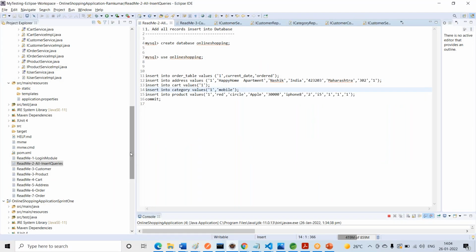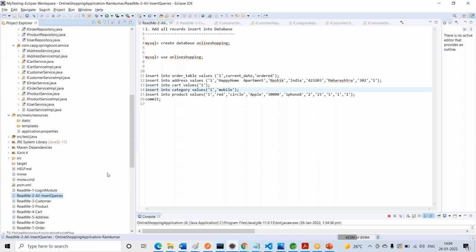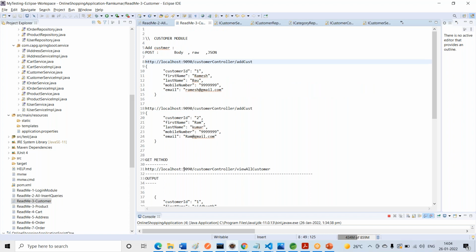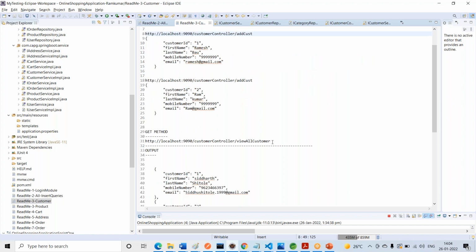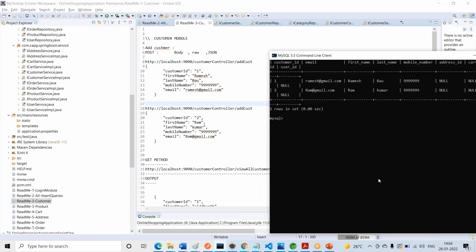In this code, the customer module, so readme. Next module is called view all customers. You can see that first you have to add these two customers. To add a customer, we already saw in the last module. Once you have added them, before going to view all customers,